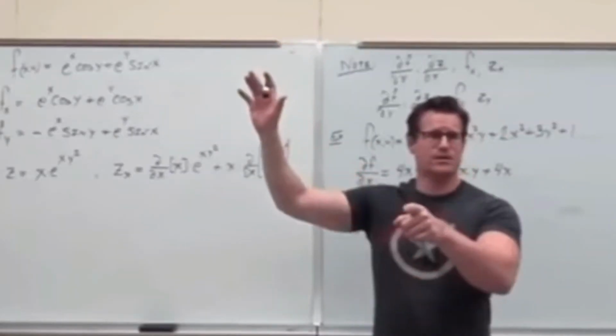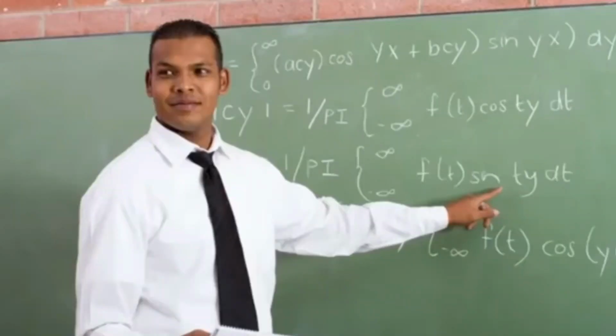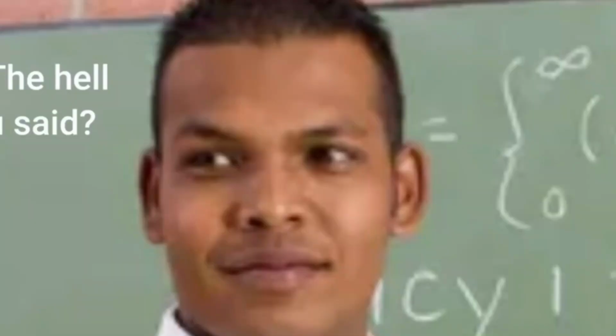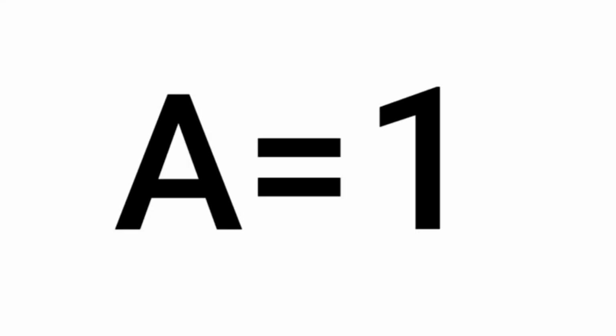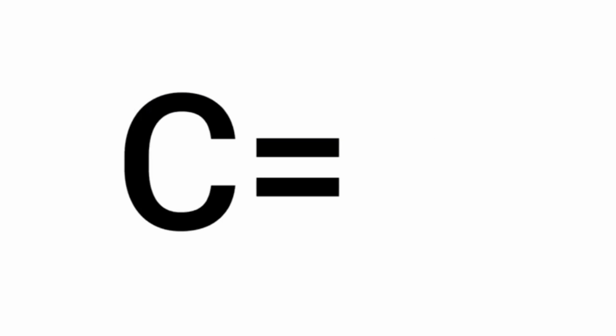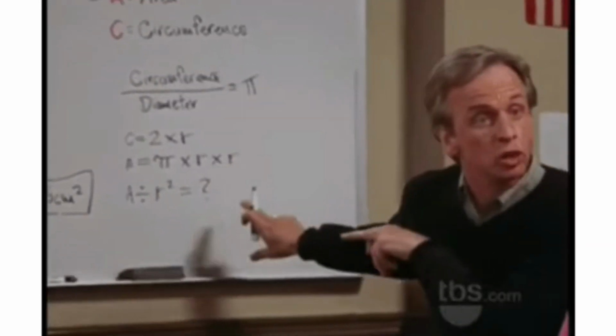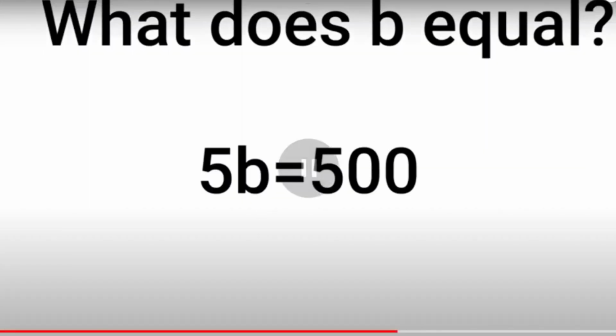I remember when they first started teaching us letters in math. I thought letters represented the number in the alphabet. Like A equals 1, B equals 2, C equals 3, and so on. So when the teacher presented a problem like this,